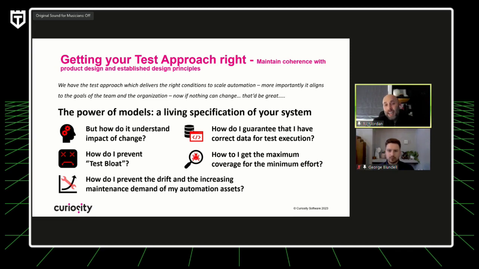All right, so that is a very whistle-stop tour in terms of what are the challenges some of the test teams will face, what's kind of entropy that happens that people probably aren't conscious of, but everybody knows is there, and then how can modeling help you both from a macro test approach level and a micro test approach level, stay on top of all of that requirement for change.